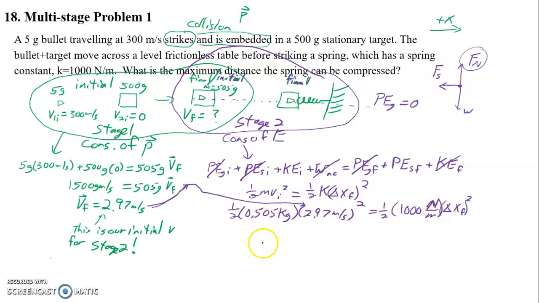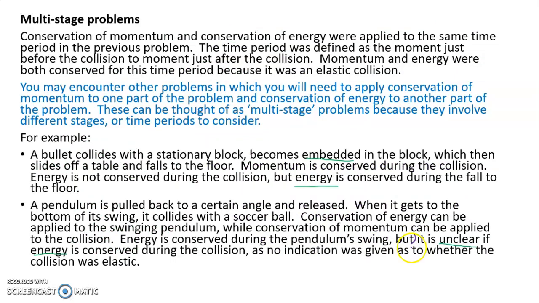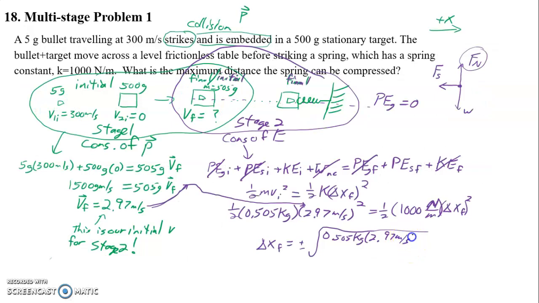All right, and doing the algebra here, we get delta x f equals plus or minus the square root. If we multiply both sides by 2, the 1/2 goes away. Then we have 0.505 kilograms times 2.97 meters per second, quantity squared, divided by 1,000 newtons per meter. Take the square root of both sides, and we get delta x f equals